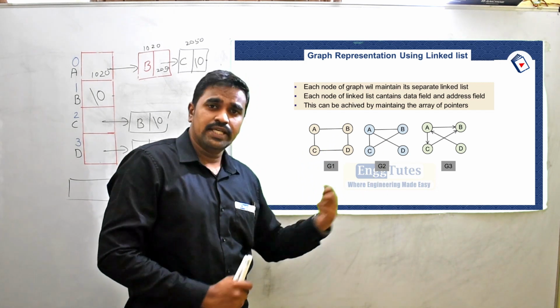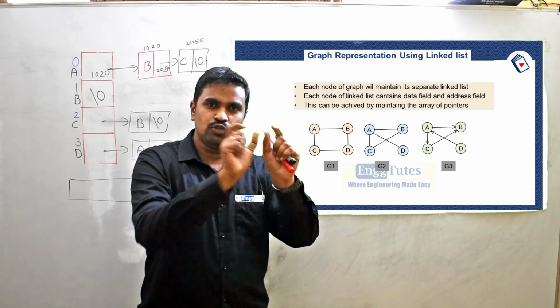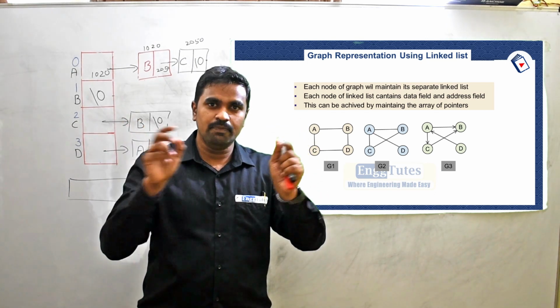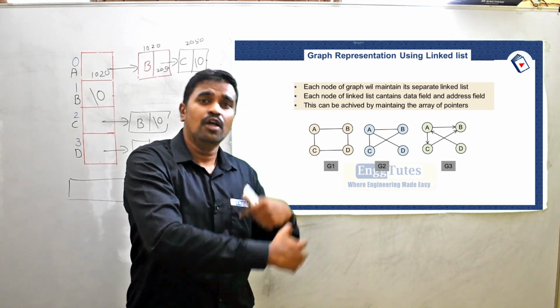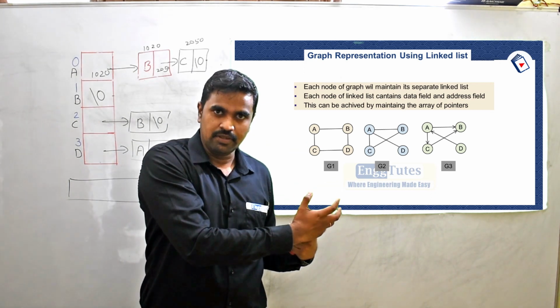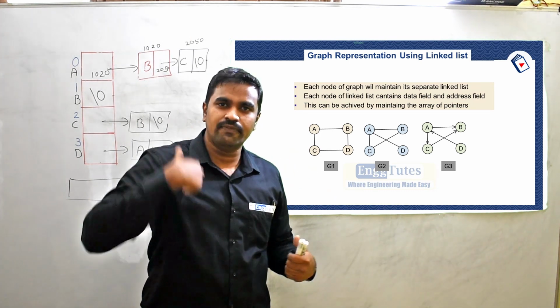So G2 is an undirected graph. Undirected graph मतलब क्या? एक edge है जो A और B को connect कर रहा है. It means that A and B both are connected. It's an example of Facebook. Done. For example, if I am a friend of yours, it means that you are also my friend.